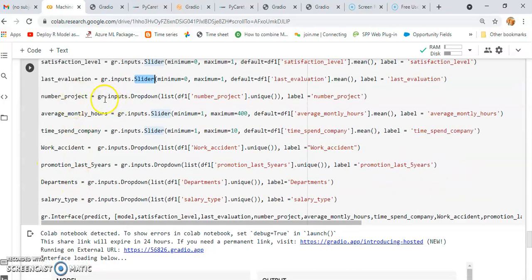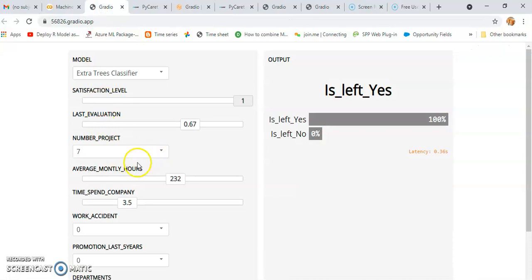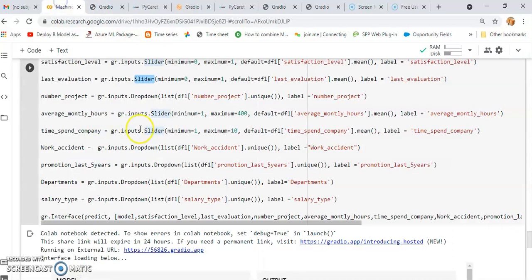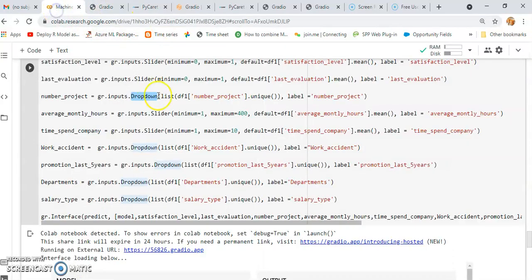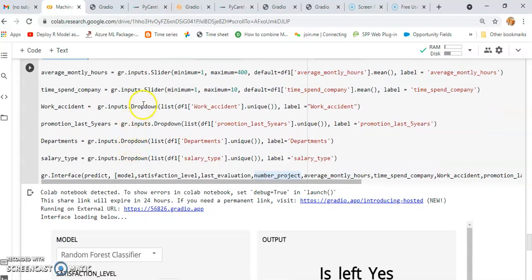For number of project I have created a drop down, you can see number_project. So give your drop down list as df.number_project.unique(). So unique values are shown here. Then for the label you can give the same as the column name. Likewise we have created slide bars and drop downs for each and every column, depending on the type of that column.